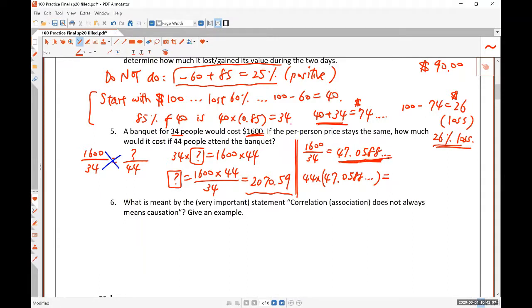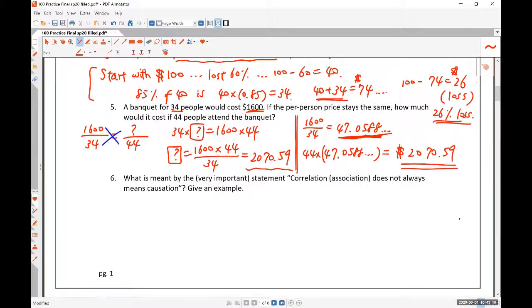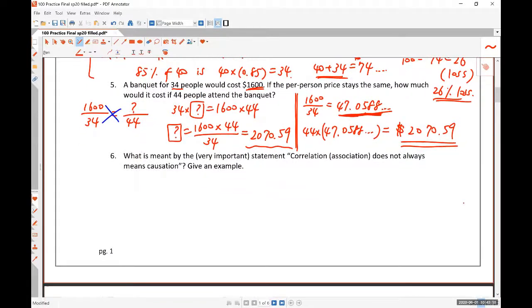Just take all the digits you get and multiply that by 44, and that's going to give you the same number, $2,070.59. Okay, and so that is how much it would cost if you had 44 people coming. This is a very practical problem, right? You should be able to do this, which is why I'm sure you will see that on your final exam. All right, number 6, what is